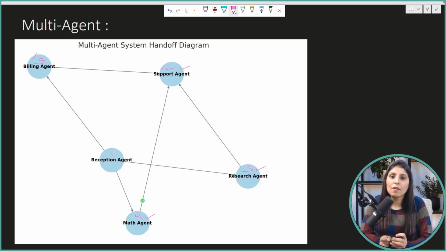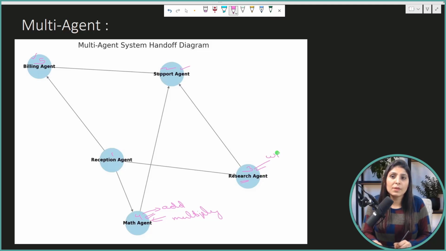Multi-agent means instead of providing all the tools to a single agent, just create multiple agents and provide a set of tools to each agent. Here, suppose we have tools with the names add and multiply. So we can give these two tools to the math agent only, because these tools are related to maths. And let's say then we have our tools for the research agent.